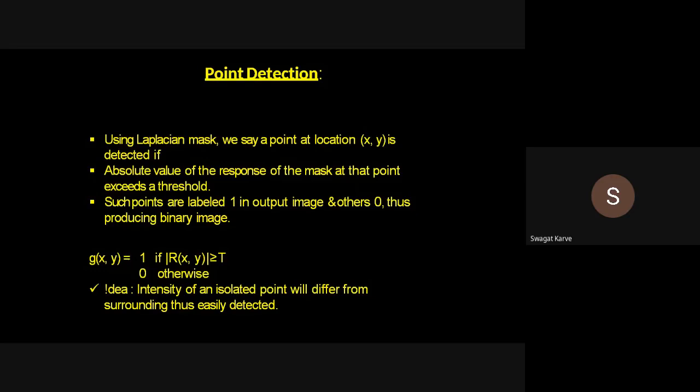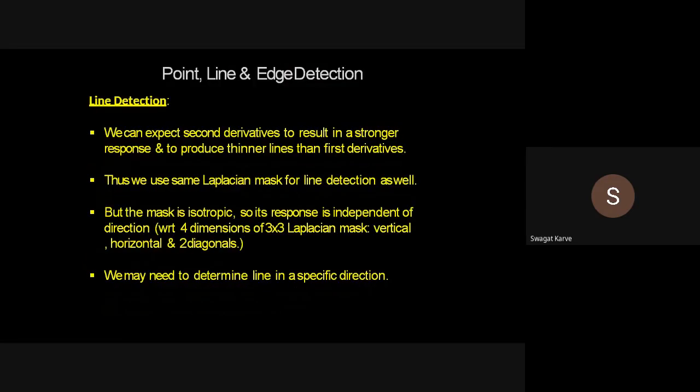Okay? And the detection of an isolated point different from a constant background image can be done using different masks. So again the same thing we have discussed. Okay? You can use different masks based on the different application for the point detection purpose. Clear with this? So this is about the point detection. Now the next thing is line detection. Okay, the second type of detection based on the discontinuity and similarity property is line detection.